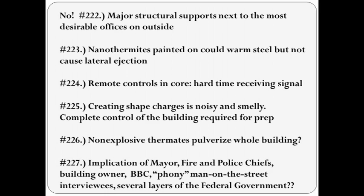Richard Gage says this is not a conspiracy theory, but in his own video or in our debate, he has cast aspersions on the mayor's office, the building owner, George Bush, his brother Marvin Bush, and the Secure Comm Company, Dick Cheney, even Rumsfeld, who supposedly knew a jet was about to plow into the building he was in that day, the NSA, the BBC, the governor and staff, Larry Silverstein, who owned the buildings, the phony man-on-the-street interviewees, the elevator repair people, the security guards, at least one major controlled demolition firm, dozens or maybe hundreds of skilled controlled